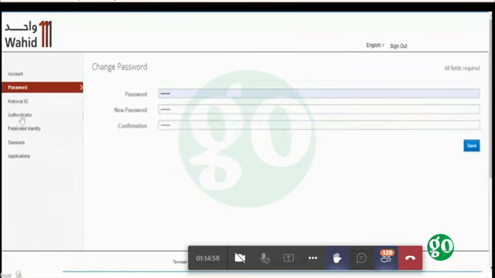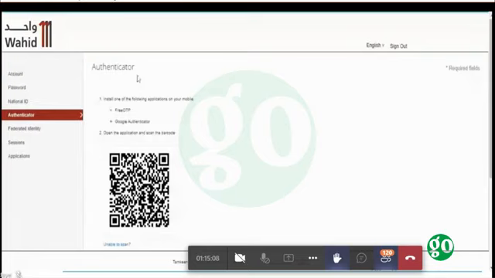Moving to the fourth and the most important tab in the navigation bar, which is the Authenticator. Through this page, user can set up or activate the two-factor authentication feature by just installing one of the following applications on the mobile, either free OTP application or Google Authenticator application.